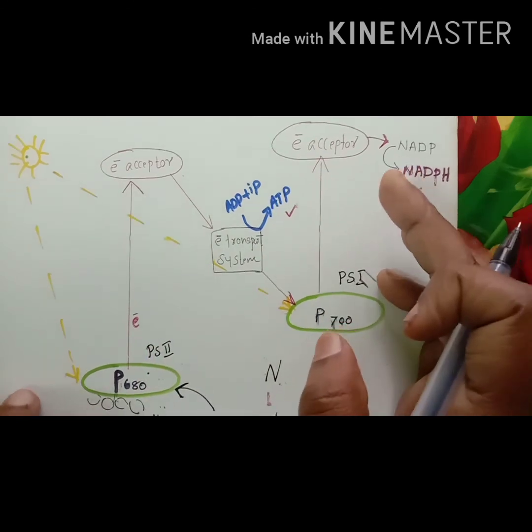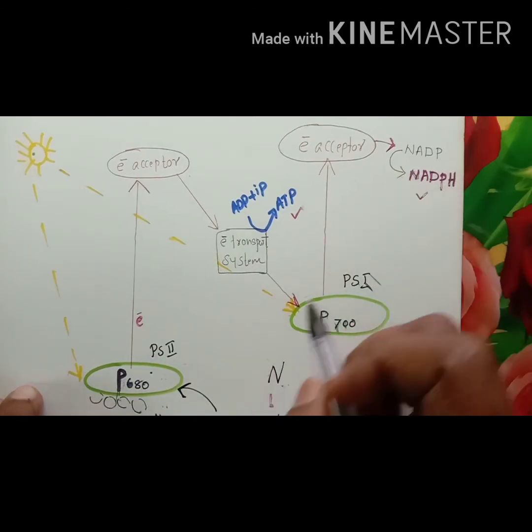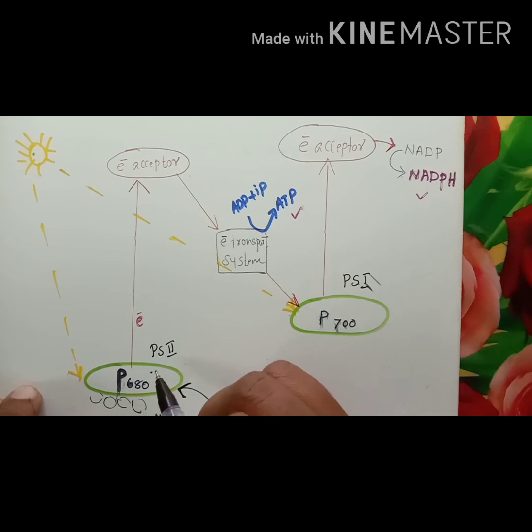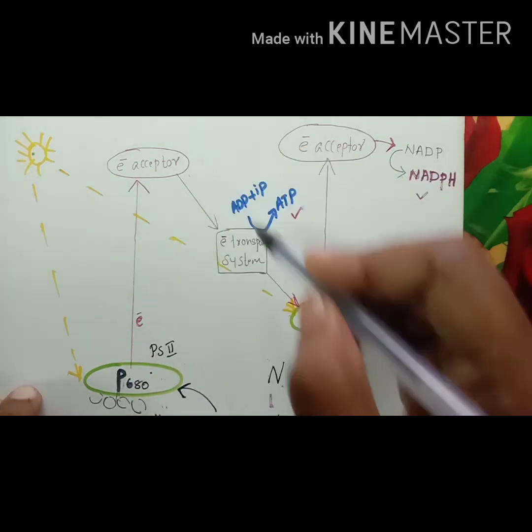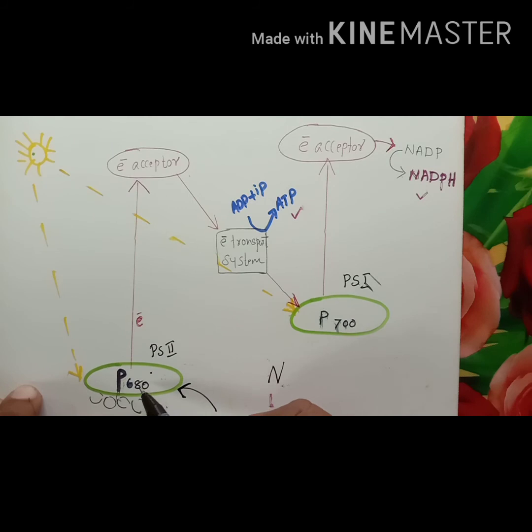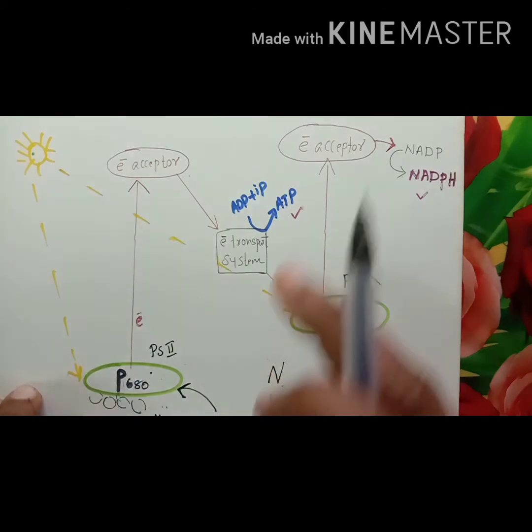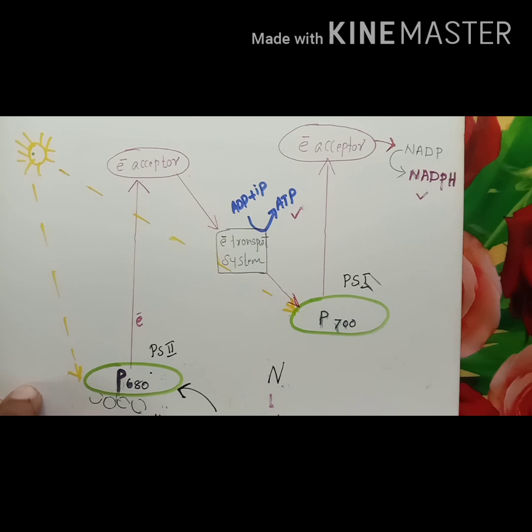And one more chance is needed, because both the pigment systems are present in grana thylakoid. For this non-cyclic manner to occur, first of all P680 has to be excited. So of these two pigment systems, P680 becomes excited first. Both these pigment systems are present in grana thylakoid. Of these two, which becomes excited first? P680 becomes excited first, and that leads to non-cyclic photophosphorylation.